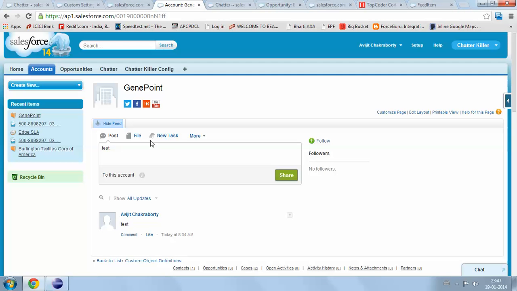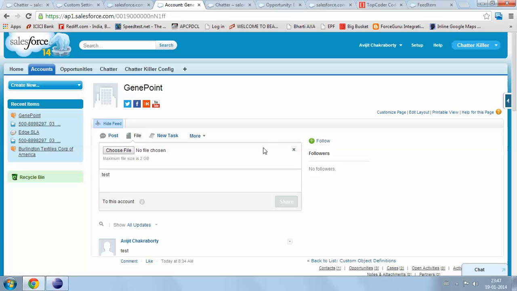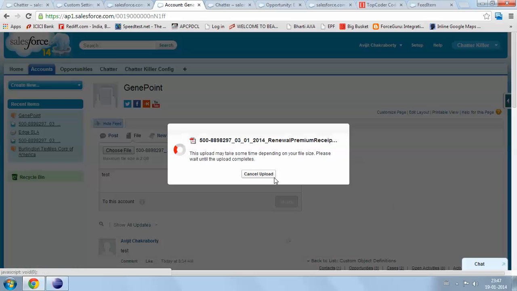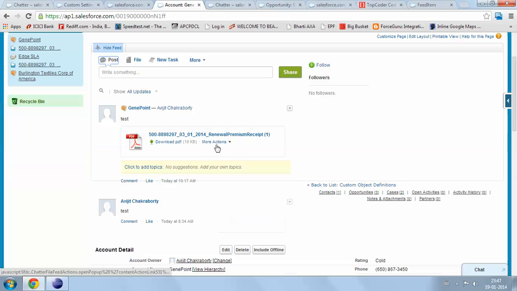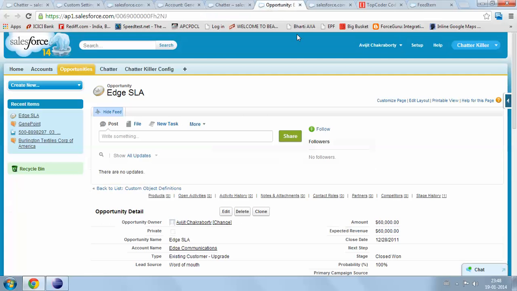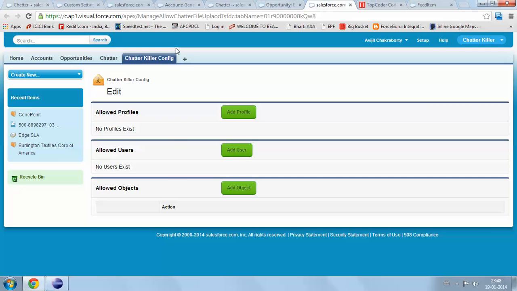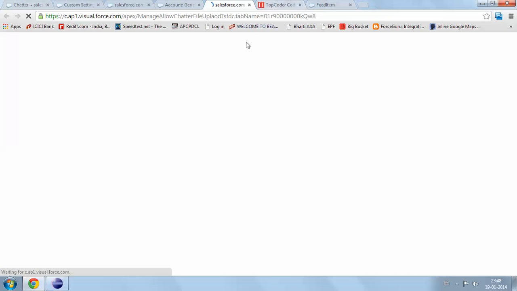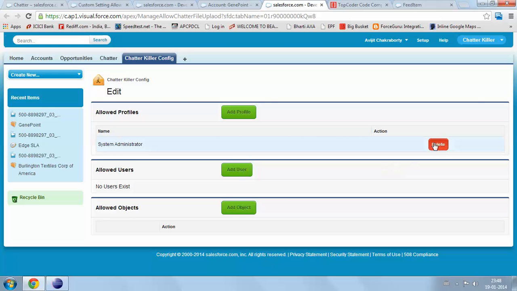So now I go to account and go to file. Now I'm trying to upload one file and I'm sharing it. See, I'm allowed to upload it. So it means you can configure it according to the profile label, and now I'm deleting it. So from the profile label you can go and edit it. So I'm going to refresh, closing other tabs. See, so now I'm going to delete this. Okay,